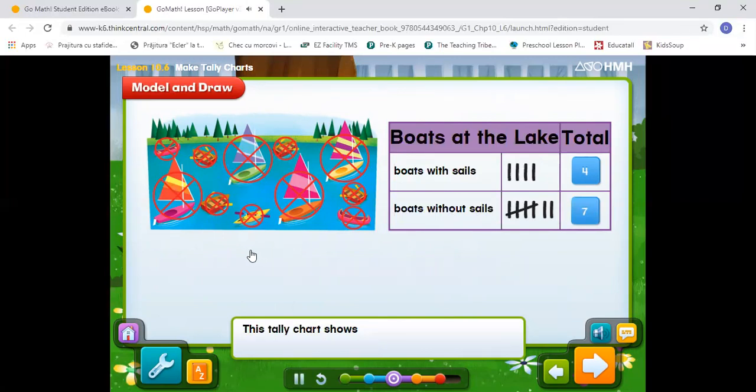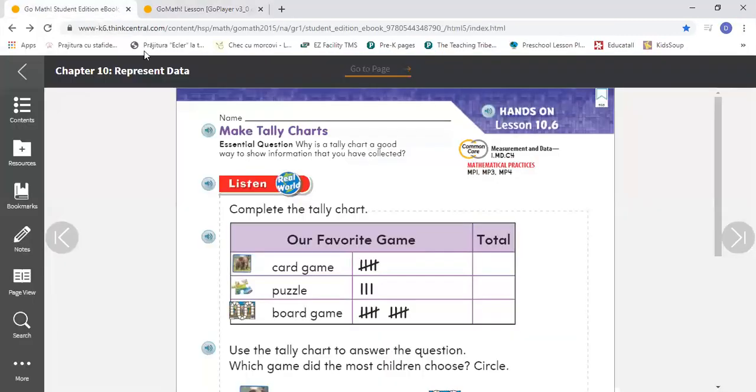This tally chart shows that there are more boats without sails than with sails. So see how easy it was to organize our information here to find out how many boats are with sails or without sails. Okay, now we will go again to our math